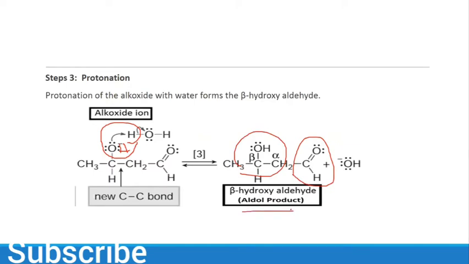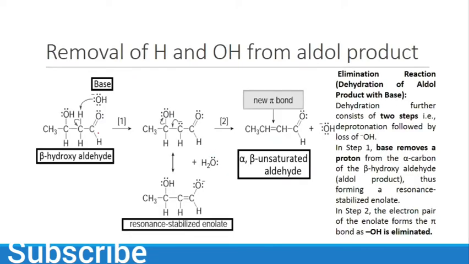Now what we have to do is condensation of this aldol product to get our final product. What is the mechanism? First of all, we will remove hydrogen. So we will remove one hydrogen from this carbon and the OH group from this carbon, and then we have a double bond here. I will show you how. First of all, with the base we remove this hydrogen, deprotonation or dehydration. So you can remove this hydrogen, and then we have a negative charge on this carbon, which is here. Then the OH group is removed, and then we have a carbon-carbon double bond.